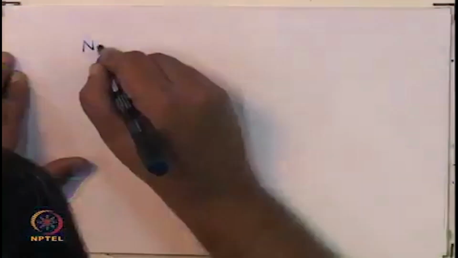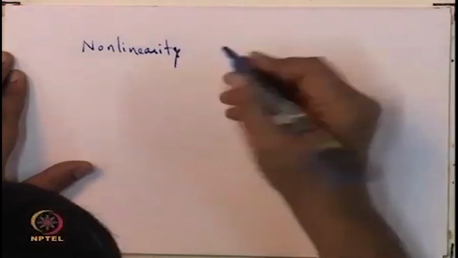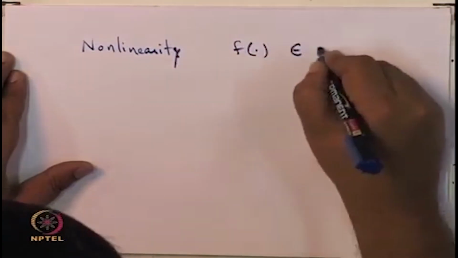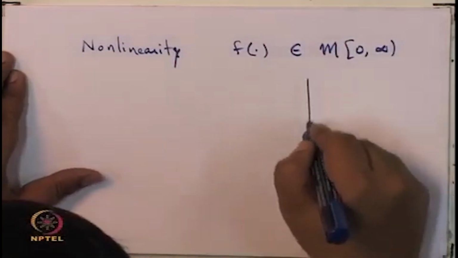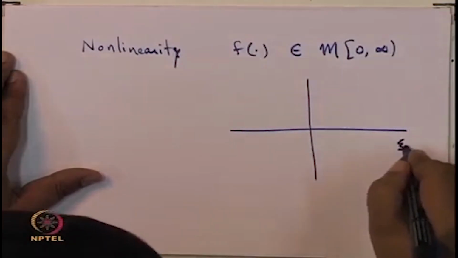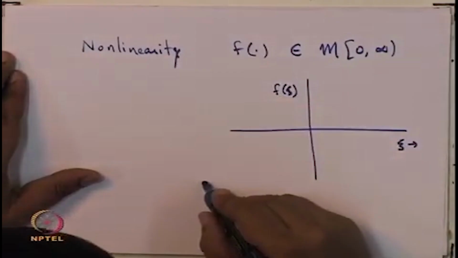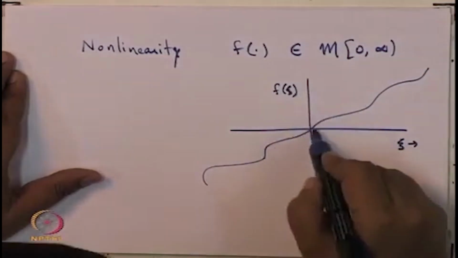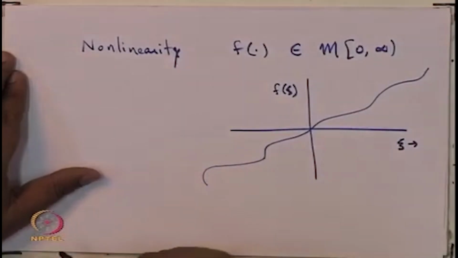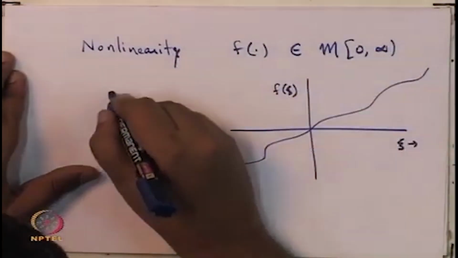So, what I am saying now is, suppose you take a nonlinearity, let me call it F, that belongs to the 0 infinity sector. Now, when I say that a nonlinearity belongs to a 0 infinity sector, what I mean is that if psi is the input of the nonlinearity and f of psi is the output, then this nonlinearity lies in the 0 to infinity sector. That means it lies either in the first quadrant or in the third quadrant. Okay. If you have any such nonlinearity, and you take a G of